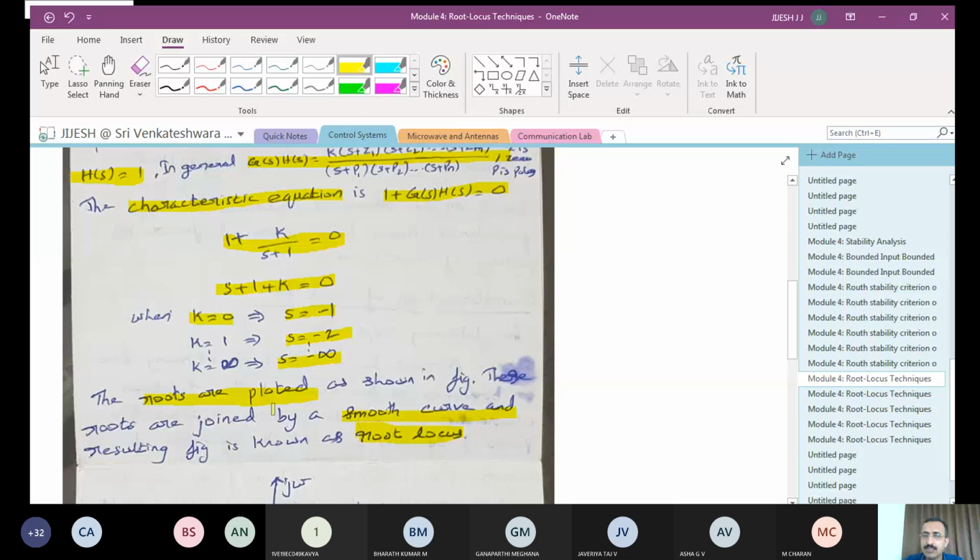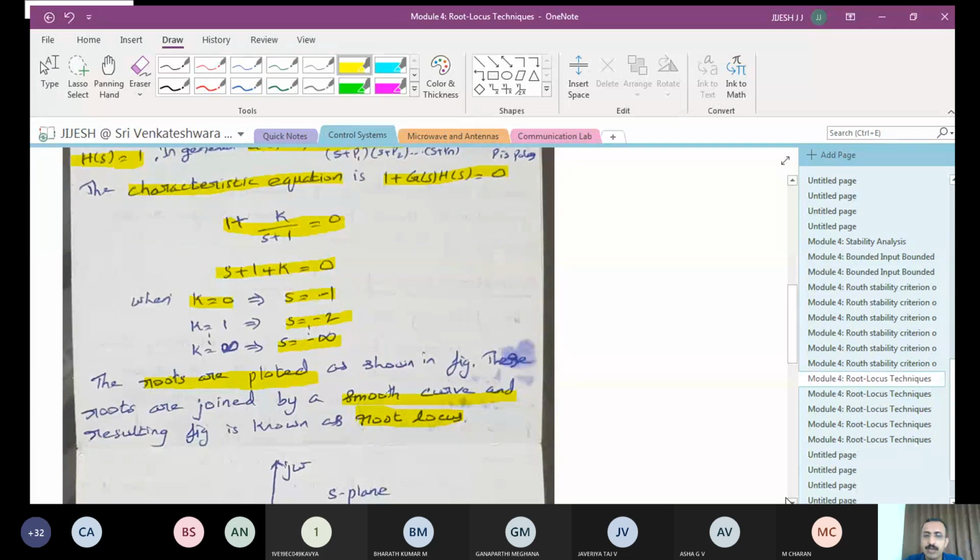Each figure that you draw will carry marks, because it is an analysis of what you have done by completing the problem. So all of you have got the values of S. Have you all completed S? You got the value of S as -1, -2, minus infinity? Okay. So let us proceed further and see how it can be plotted on the S-plane.